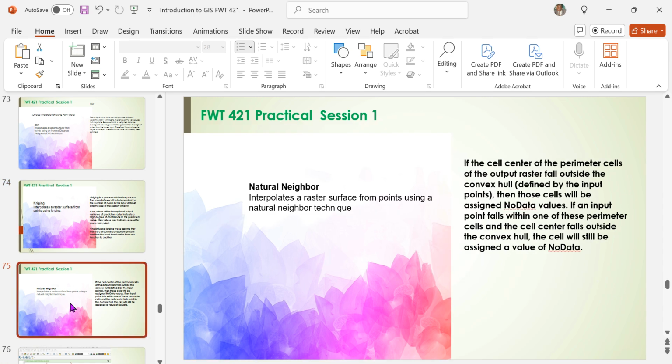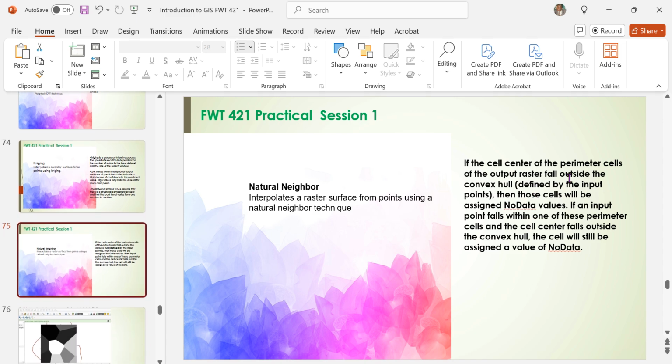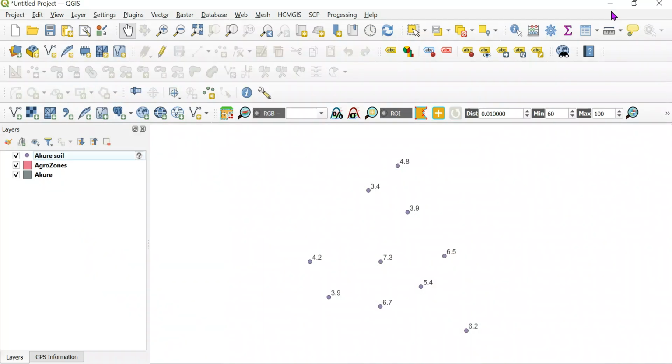Another popular technique is nearest neighbor. Nearest neighbor is also a raster form of interpolation that interpolates points from a limited area to the general area of the surface. This method has been used widely, and we are going to look at two or three of these in the QGIS environment. So let's assume you have soil data on aquarium, and this soil data has